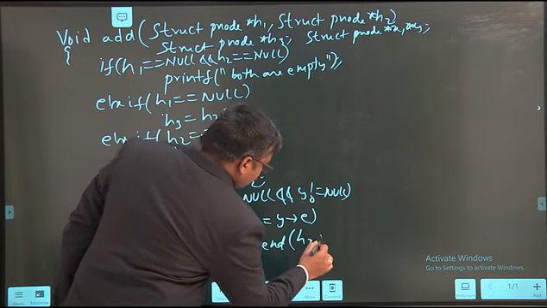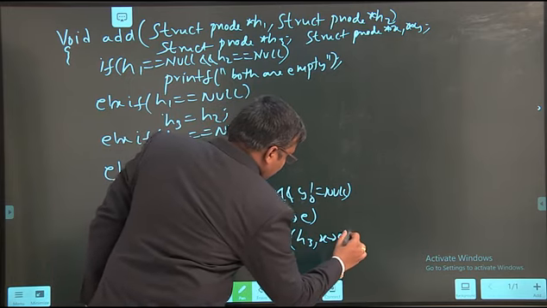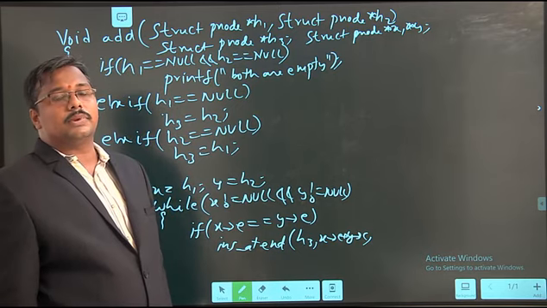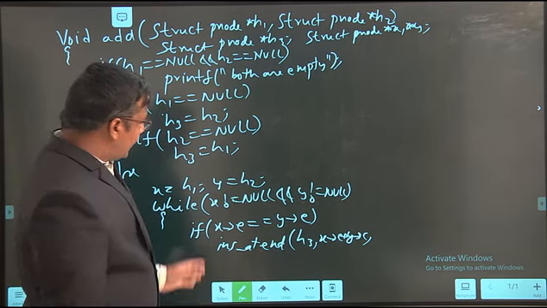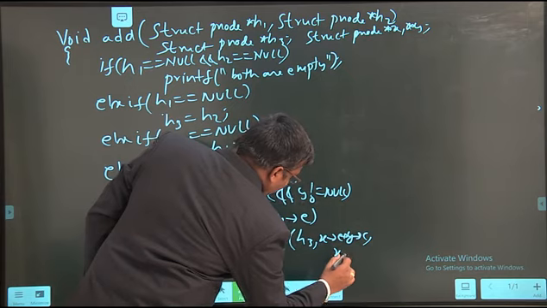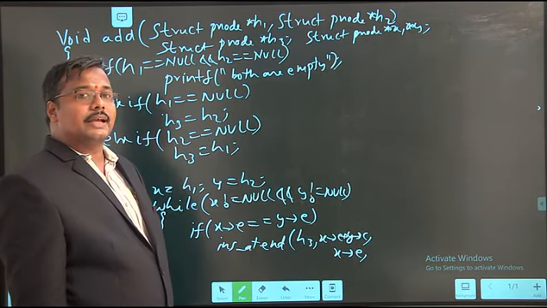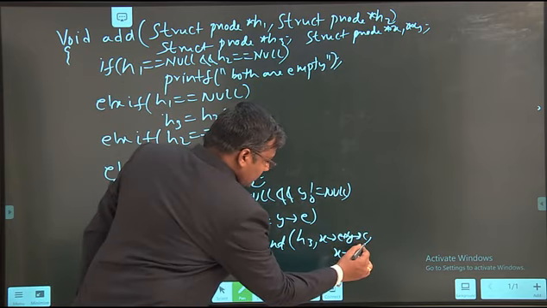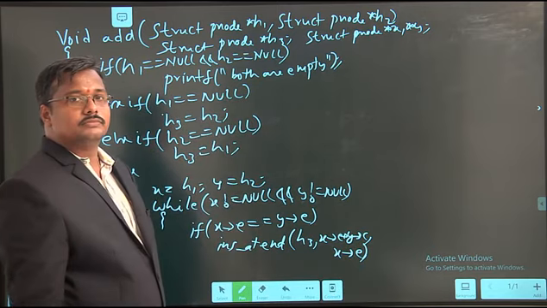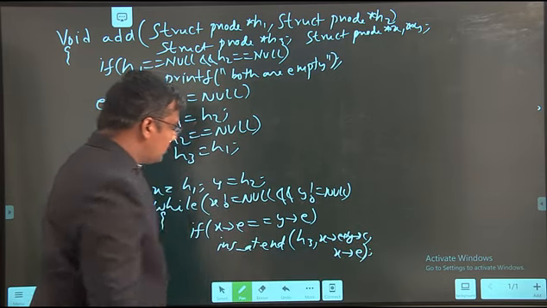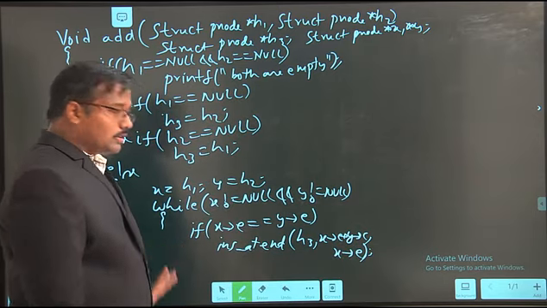Coefficient value is x of coefficient plus y of coefficient, and I can pass either x exponent or y exponent, not both. So I am passing x exponent. So this is the coefficient value, this is the exponent value. Close. So both the values are copied.